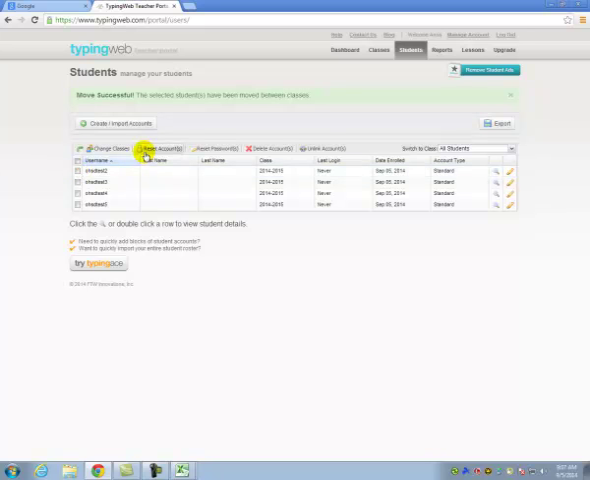And then other options are to reset an account, which would eliminate all of the progress, all of the statistics for a student if you wanted them to start fresh at the beginning. Additionally, you can reset passwords if students are having trouble accessing their account. You can delete an account if a student leaves Oak Harbor School District,